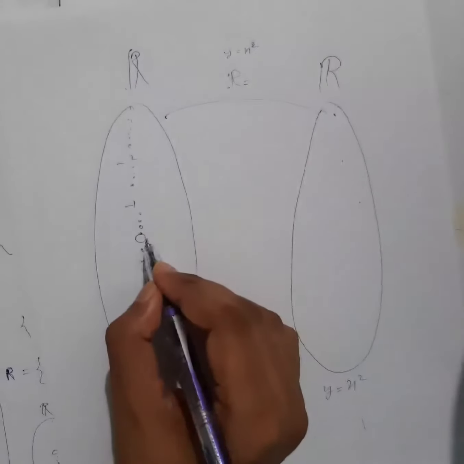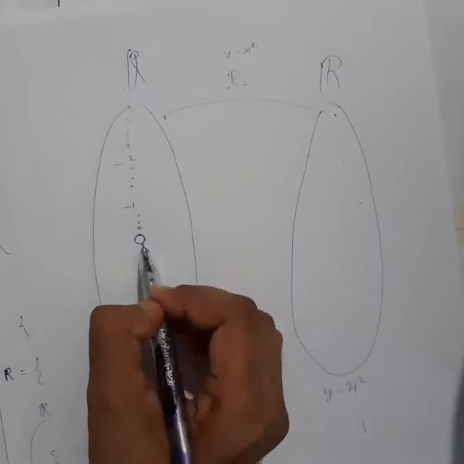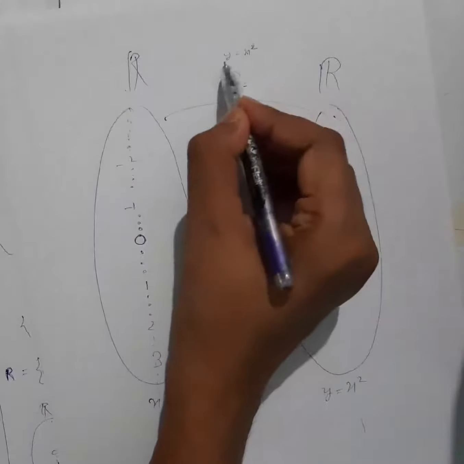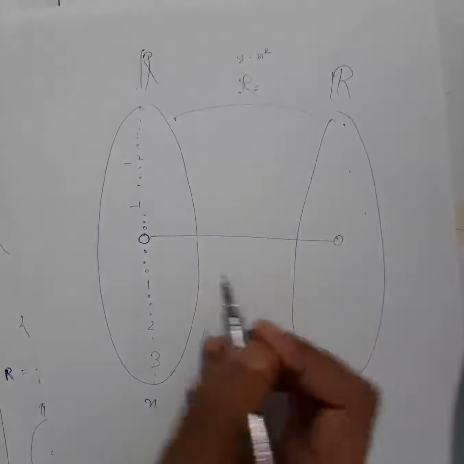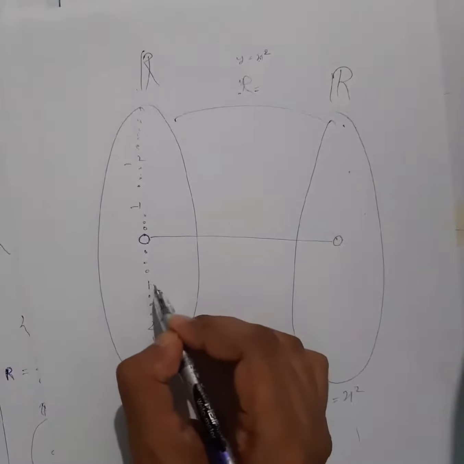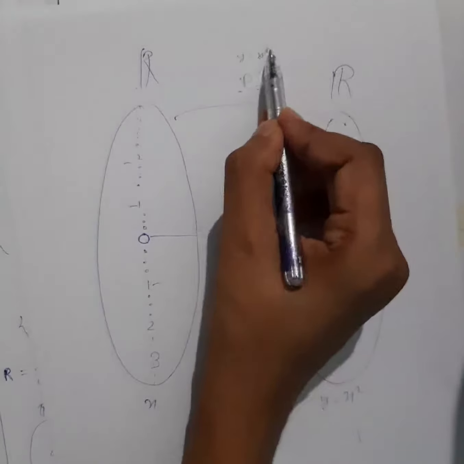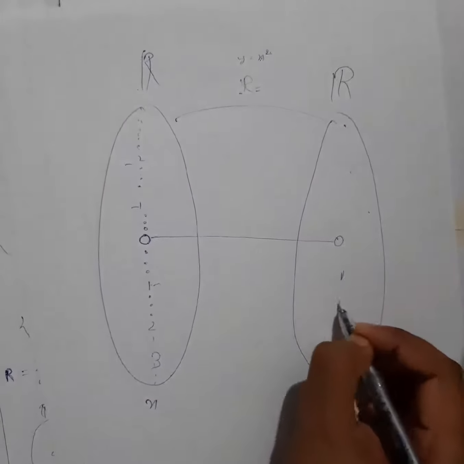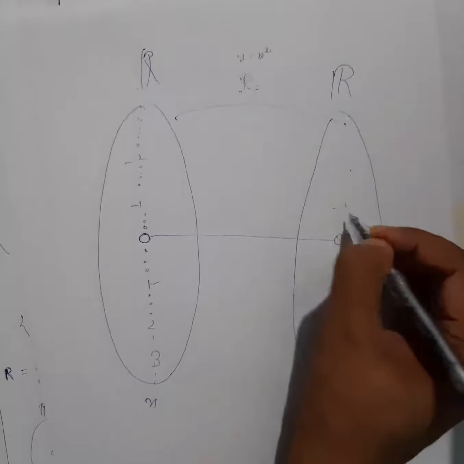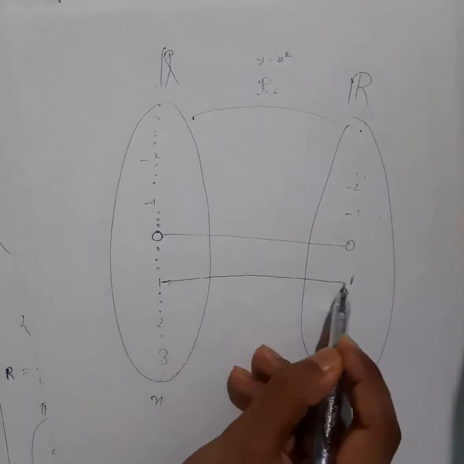So see here, I want to find the image of 0, meaning x value I will take 0. Then what will be y? 0 square will be 0 only, right? So it will be related to 0. Okay, fine. Next, 1 I will check. These values I will not check right now. So let me check 1. So will 1 have an image or not? If I take 1 here, 1 square is 1 only, 1 will be here. Let me write down dot dot dot here, minus 1, minus 2, dot dot dot. So 1 will have image 1.